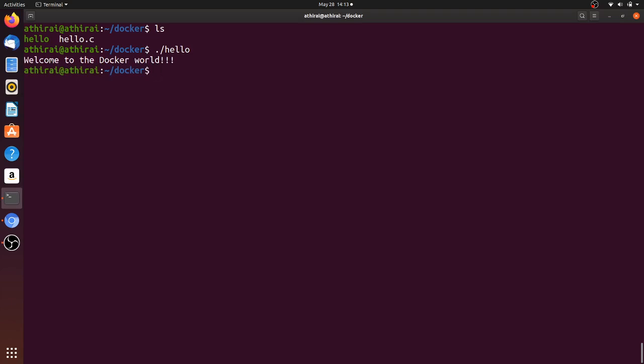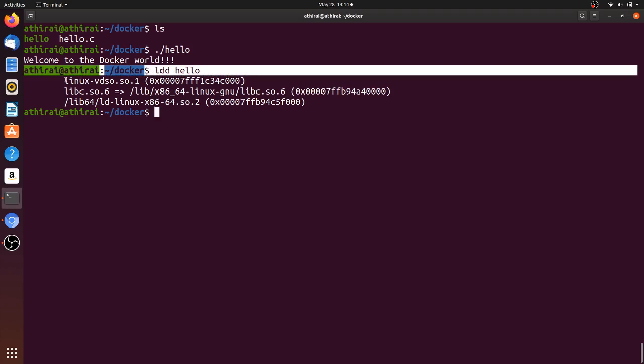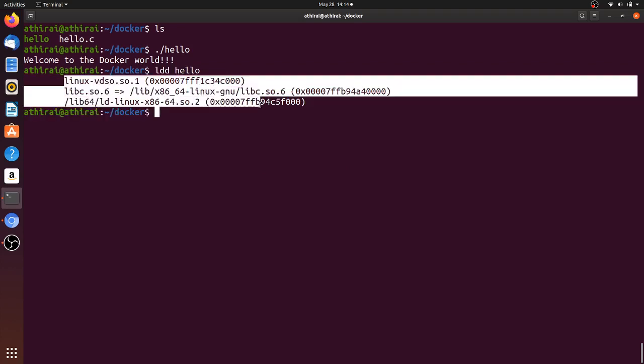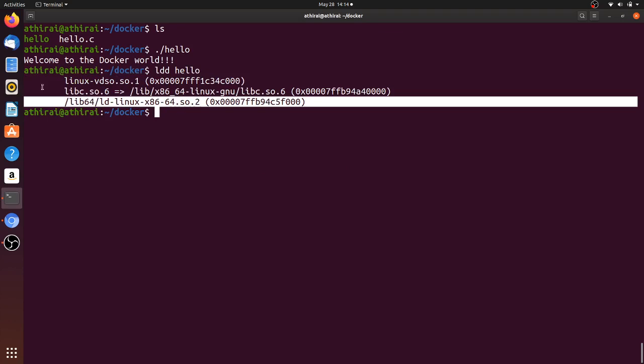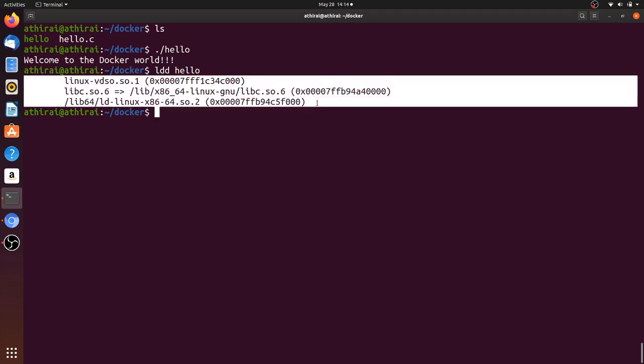So what is a docker image? A docker image is a package which has the software or the bundle of files which is required to run your binary. Now I have this hello program and the required libraries here. In my docker image, I need to keep all these libraries copied so that it can run. But I will keep that for the next tutorial.